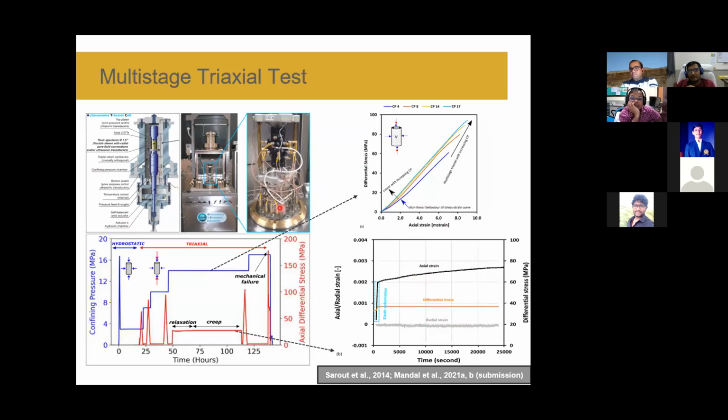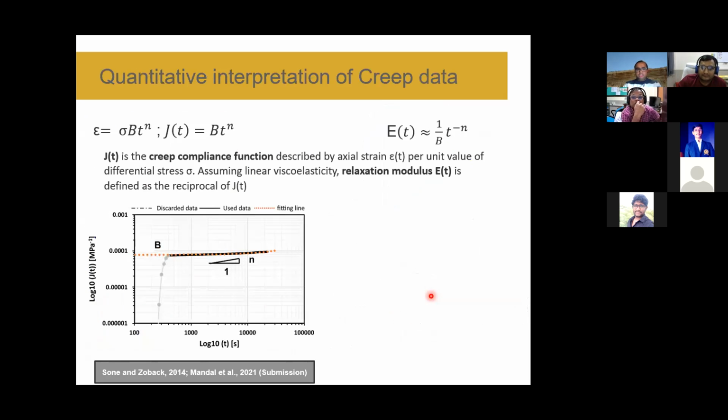But in this case, because this is limited by the biaxiality of the experiment, not true triaxial, where true triaxial means three stresses are completely different, radial strain is negligible. Mostly strain is accumulating in the axial direction during the time itself. So after obtaining these data sets, we can interpret them.